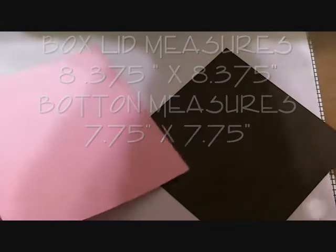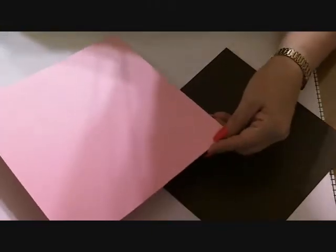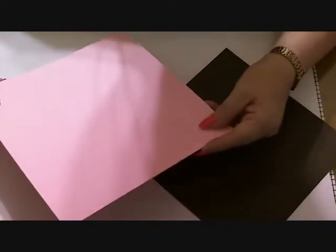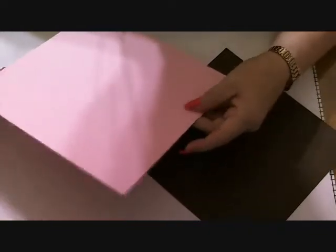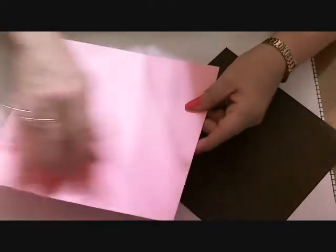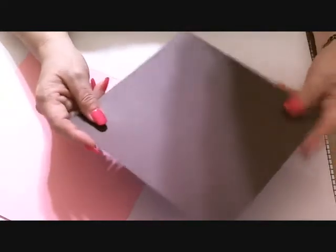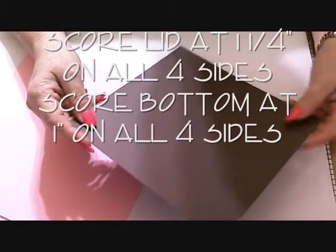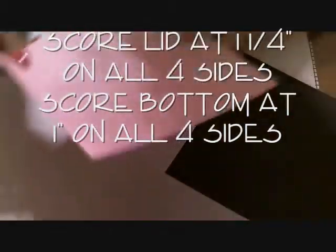The top of the box measures 8 3/8 inches by 8 3/8 inches. You're going to give it a 1 1/4 score all the way around, and this one is 7 3/4 inches squared, and you're going to score this one at 1 on all 4 sides. So we'll get started with this one,